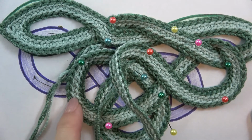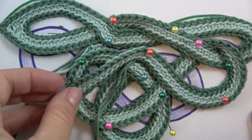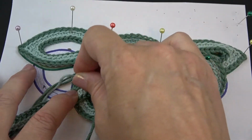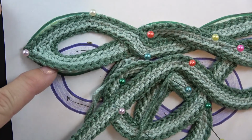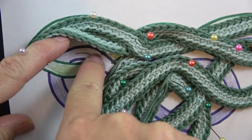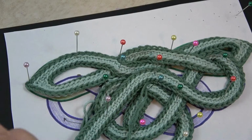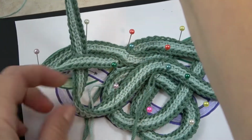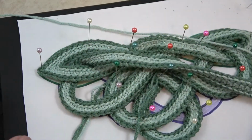So I'm coming down through here. I'm coming to this cord right here, so I want to see, I'm going over. So there's a lot of overs in a row right here. Now I'm going to head up here, and I can push this back, and I see that there's an under and then an over. So, same as before, take the end of my cord, go up, under, like so, and then I'm going to go